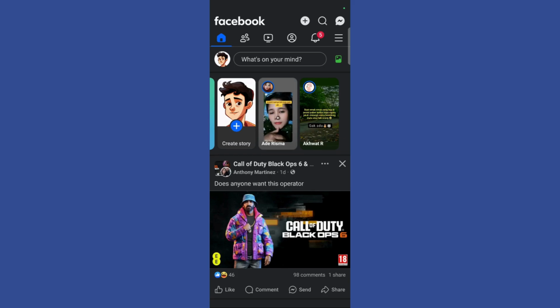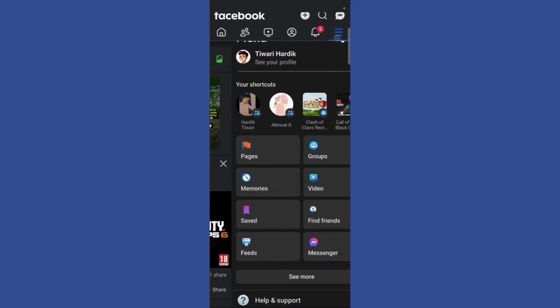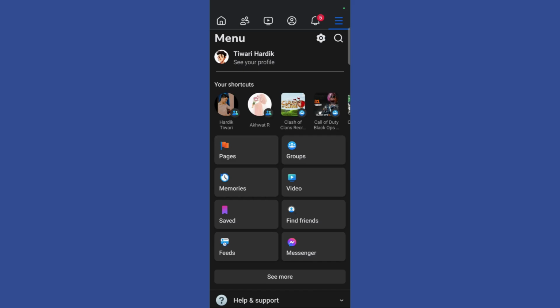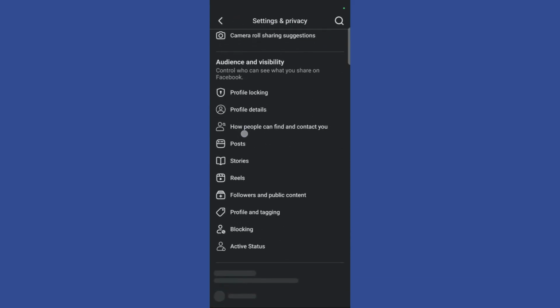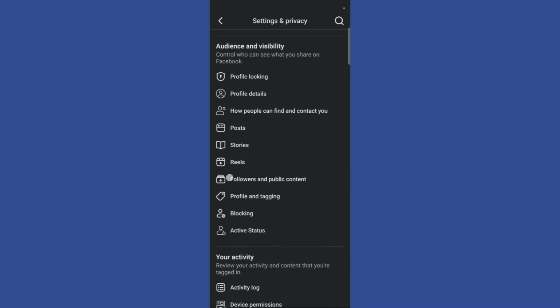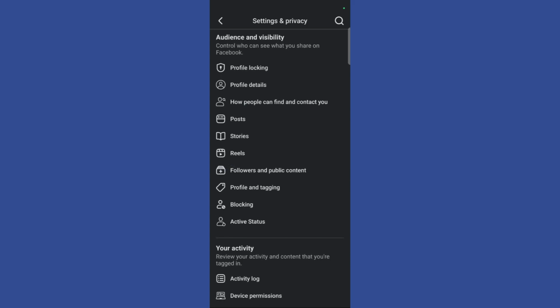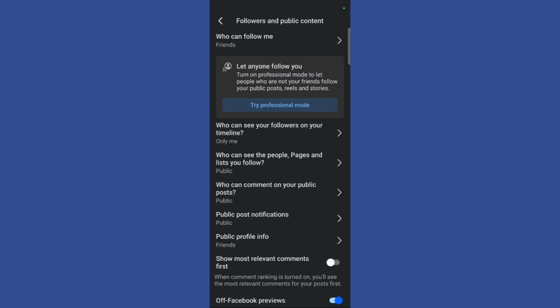So in order to do this, simply click on these three vertical lines present at the top right corner of your screen. Then once you have clicked here, click on the settings gear icon. Then inside the settings and privacy page, you need to scroll down until you see this option which says follow us and public content. Click on the follow us and public content button, and you can see in the second